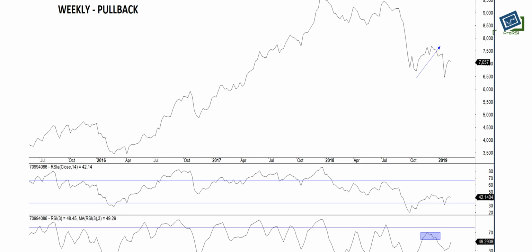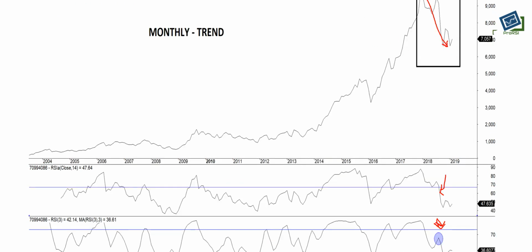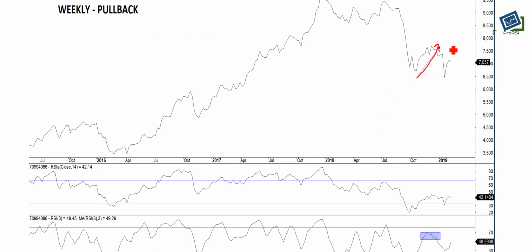So on the weekly chart, we wait for the pullback. You can use the same concept on daily, hourly and 15 minute charts, weekly, daily or hourly. Not a problem at all. So this is the weekly chart, and we wait for a pullback on the weekly chart. So the trend is ascertained. On the monthly chart, the trend is down, and then we switch on to the weekly chart and we'll wait for a pullback. Now what we will do, we will switch to the hourly chart from here and we'll wait